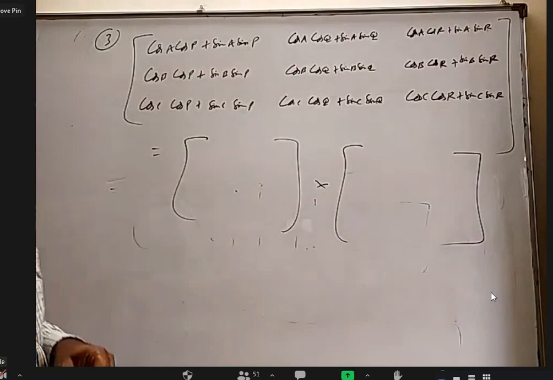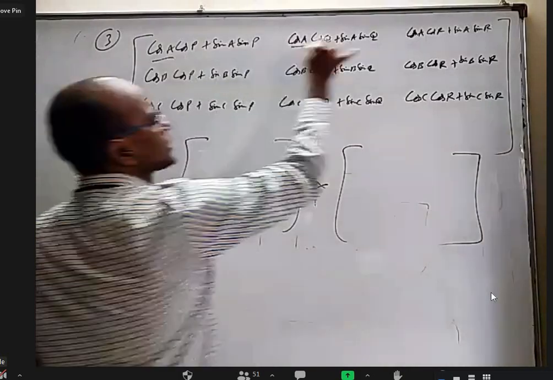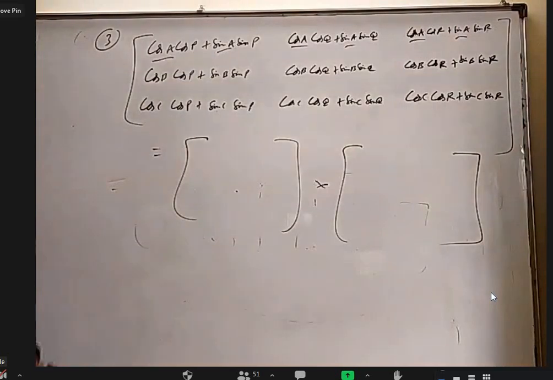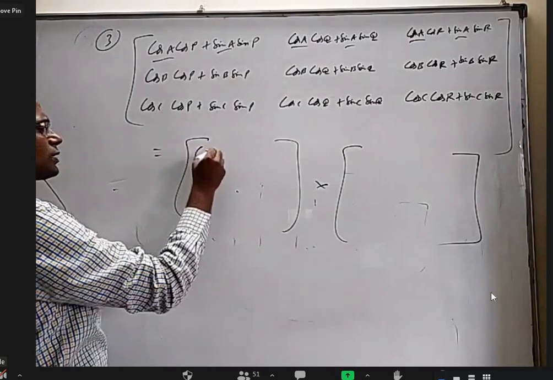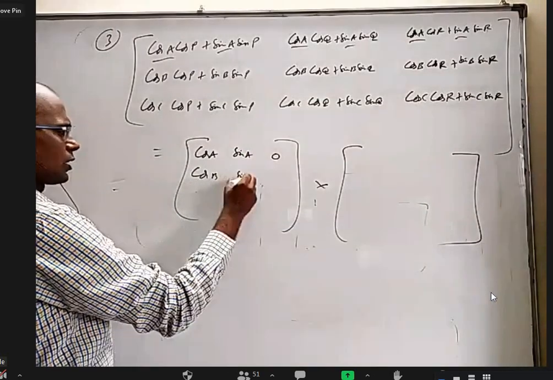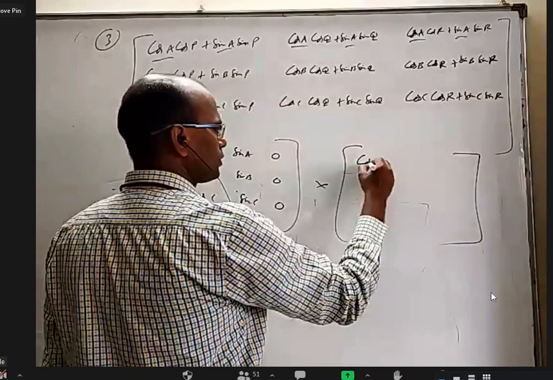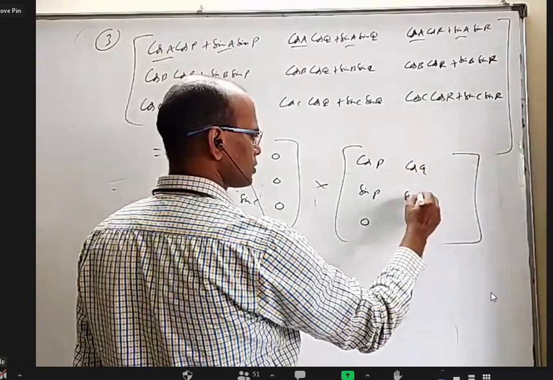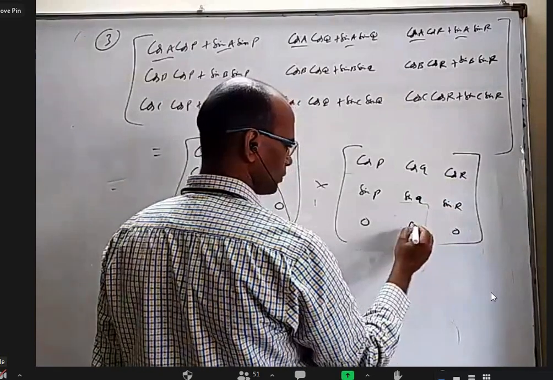Otherwise, it is easy. I think everybody can see what is common in the first row. The same cos A is there everywhere, the same sin A is there everywhere. But one more thing is required which is not there, so one may worry how to get it. You take it as 0 if it is not there. That's good, Sonika. cos A, sin A, 0. cos B, sin B, 0. cos C, sin C, 0. And cos P, sin P, 0. cos Q, sin Q, 0. And cos R, sin R, 0.